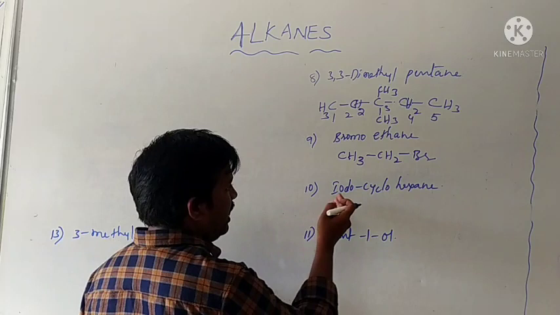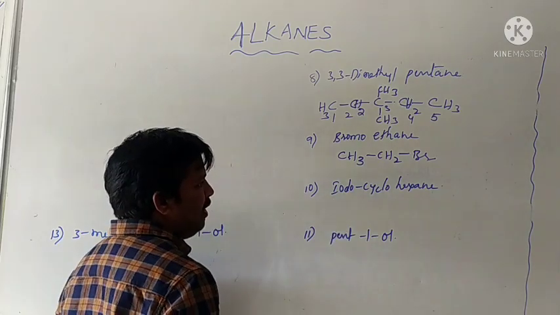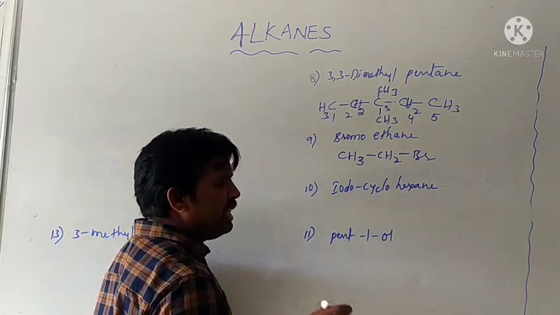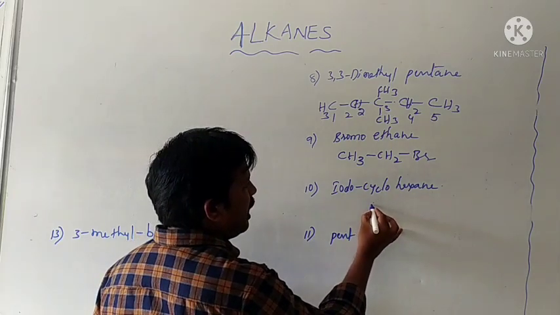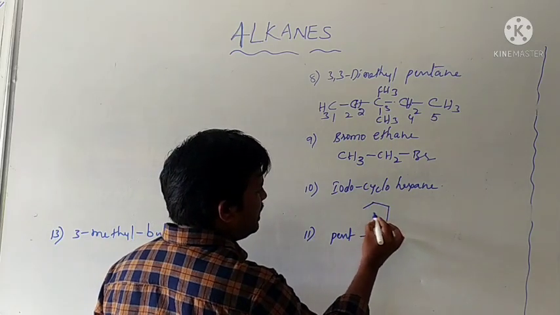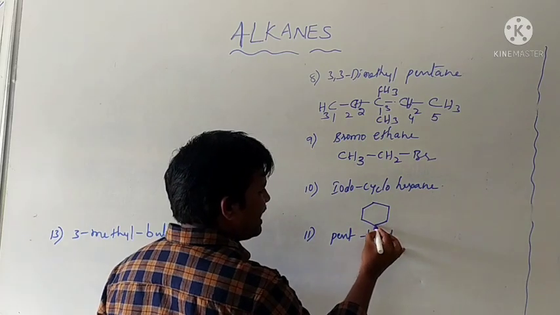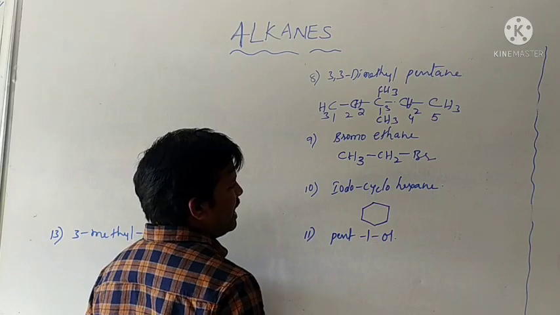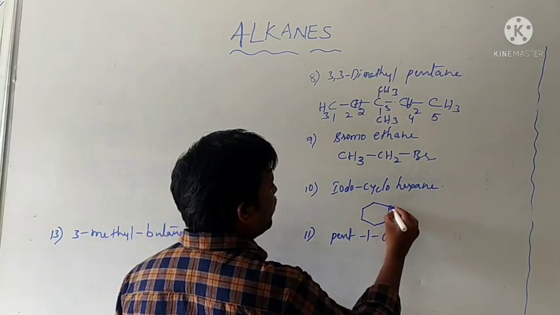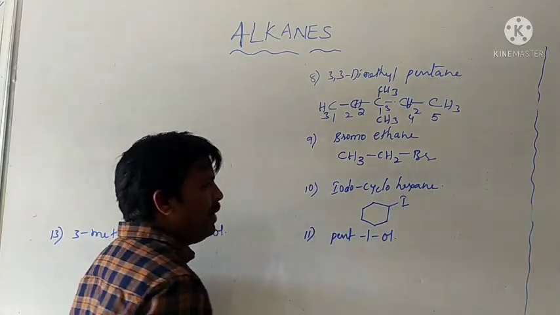Okay. That is iodocyclohexane. Cyclohexane means a cyclic ring is present. Hexane indicates the total number of carbons, that is 6 carbons. Therefore, this is cyclohexane, with 1, 2, 3, 4, 5, 6 carbons present. Iodine is present at any one of the carbons.